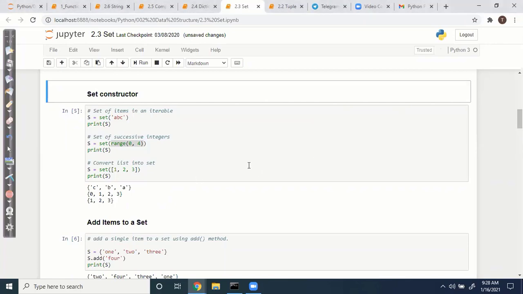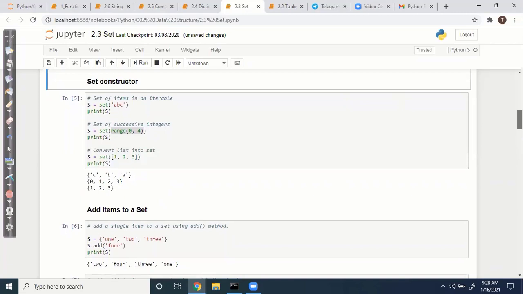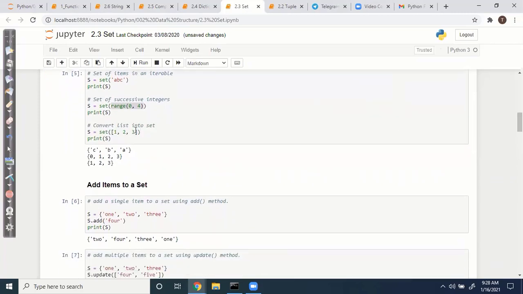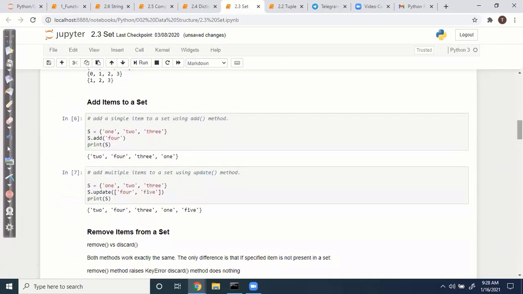Okay, a range. You can create a range, a continuous number. Already we have seen how to create a list and a set. Everything we have already seen. And here, how to add items to a set. You can simply use the add function.